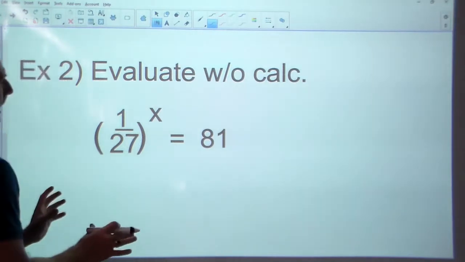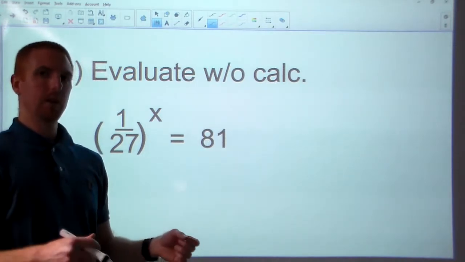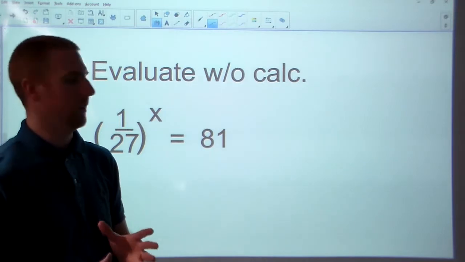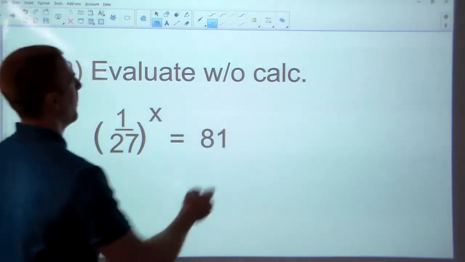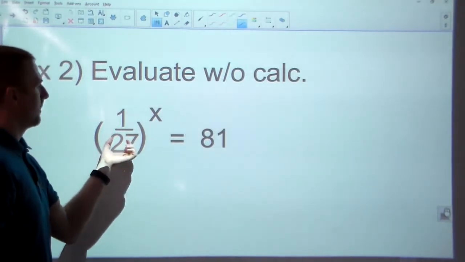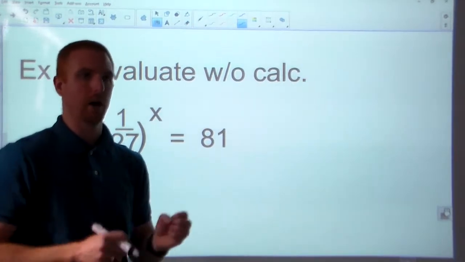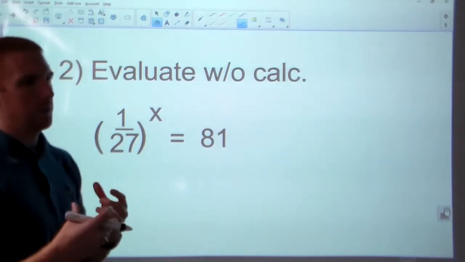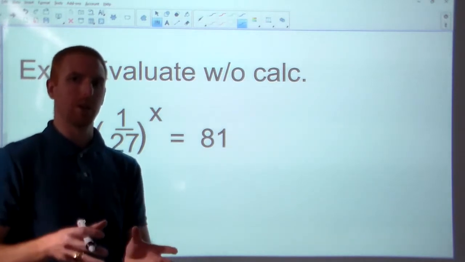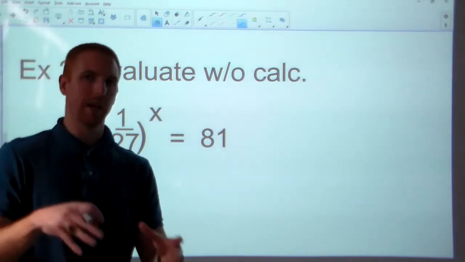So if you recognize that 27 and 81 both have a base of 3, then that's going to give you a big hint that log base 3 is probably going to show up in here somewhere. Now, if you don't see that right away, that's okay. What I would recommend to you is, since the x is an exponent, and that tells you you're going to need to do a logarithm to solve for x, the base you're going to choose is going to be really important. So that should be something you're kind of thinking about. But again, if you can't just glance at this and spot that 3 is the base,